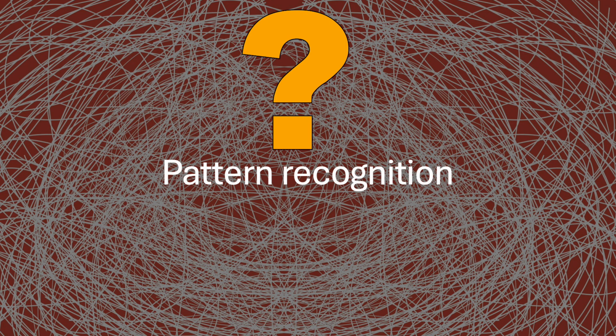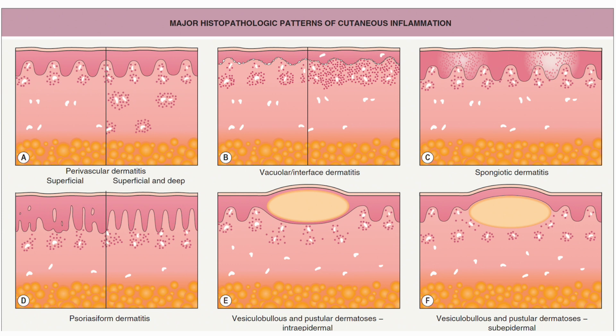So let's talk about the pattern recognition. The concept of histological patterns of cutaneous inflammatory dermatosis was developed by Dr. Bernard Ackerman, who is also considered the founding figure in the field of dermatopathology. Following his work, nowadays we have established 12 main patterns of the cutaneous inflammatory dermatosis, including the perivascular and the vacuolar interface, spongiotic dermatitis, psoriasiform, bullous disorder in the intraepidermal pattern, bullous disorder in the subepidermal pattern,